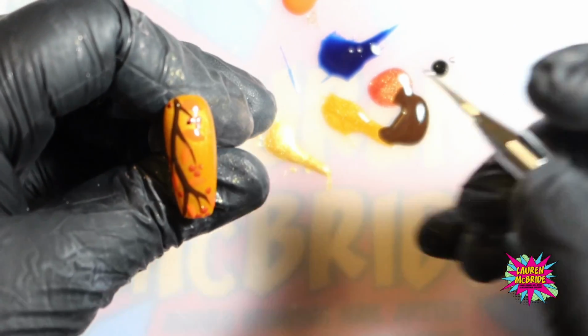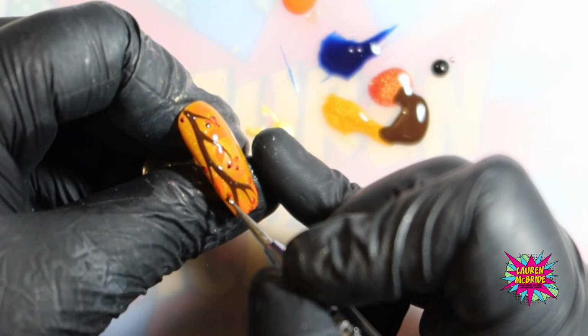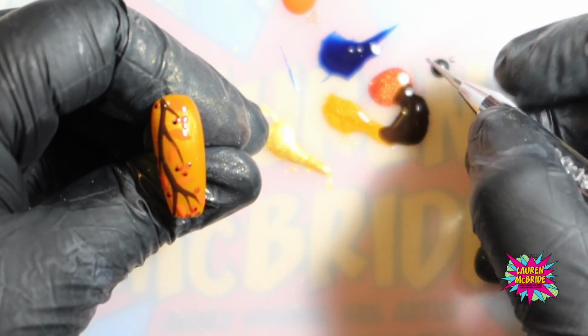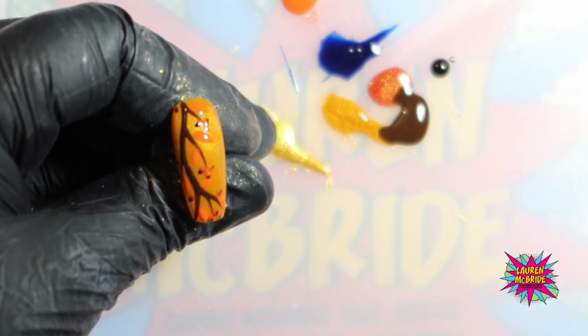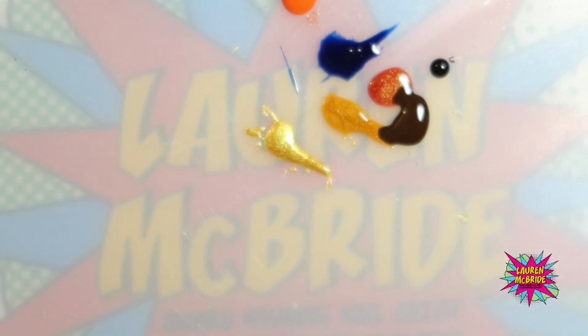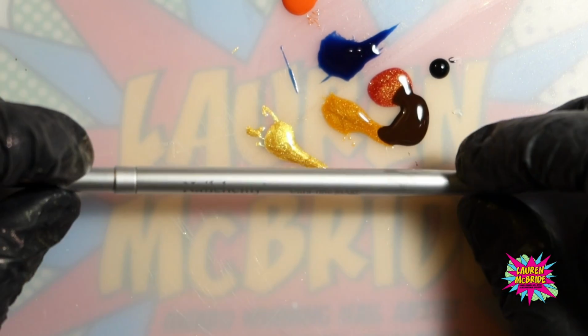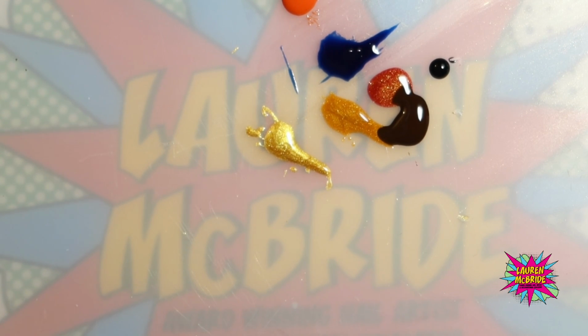And you know, you could leave it at this stage. Clients, I'm sure, would love it. But the devil is in the detail, and it does make a massive difference when you add detail like this. Okay, so that is now going to go in for a quick flash cure, and then I'm going to get my artisan in brown with my Alchemy Ultrafine 000,